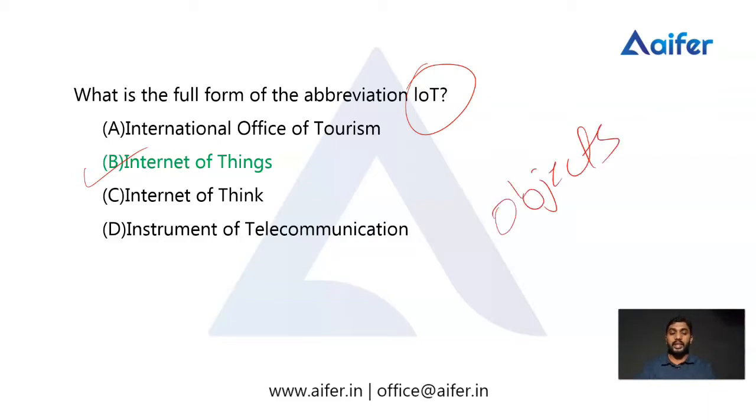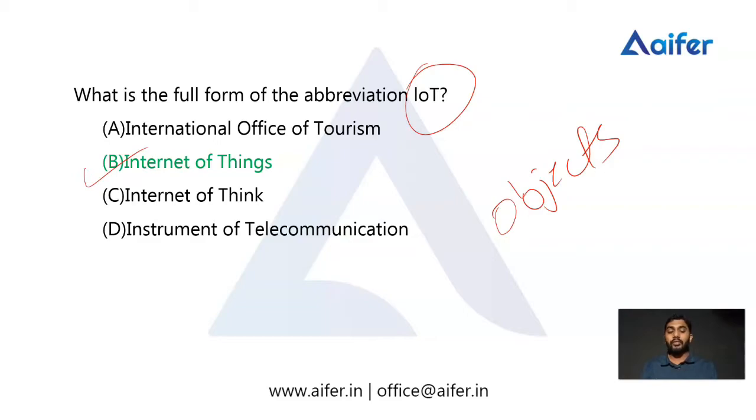So we have to understand this very clearly. IoT, or the Internet of Things, simply means the connection of physical objects to the internet. Through the Internet of Things, we can connect our fridge or refrigerator, washing machine, AC, fan, lights, motorcycles, and vehicles, these kinds of physical objects, to the internet.